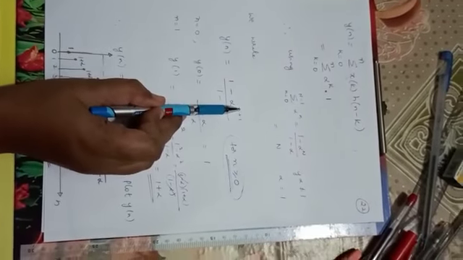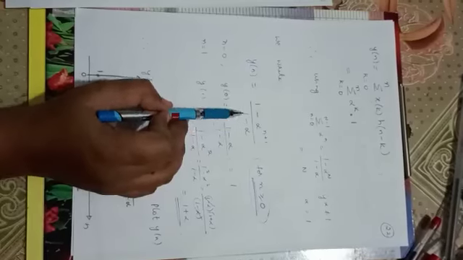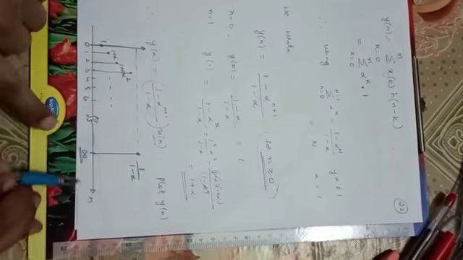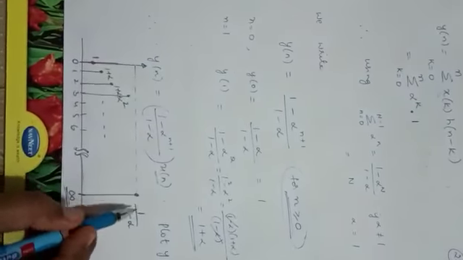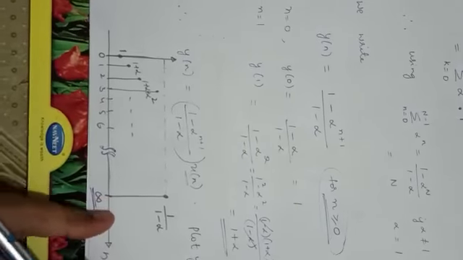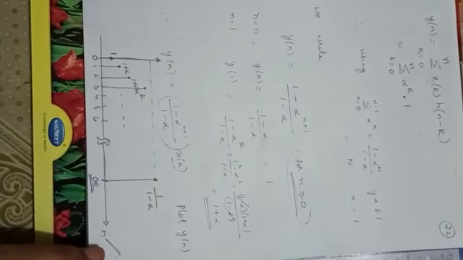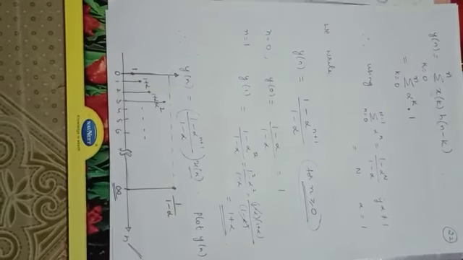If n is infinite, this term doesn't exist. Okay. So it is 1 divided by 1 minus alpha. This we call the asymptote. So when n arrives at infinity, this value will settle at 1 divided by 1 minus alpha. So this is the solution for convolving two infinite sequences. Okay, and again this is an example of an exponential signal convolved with a unit step function. Okay, thank you.